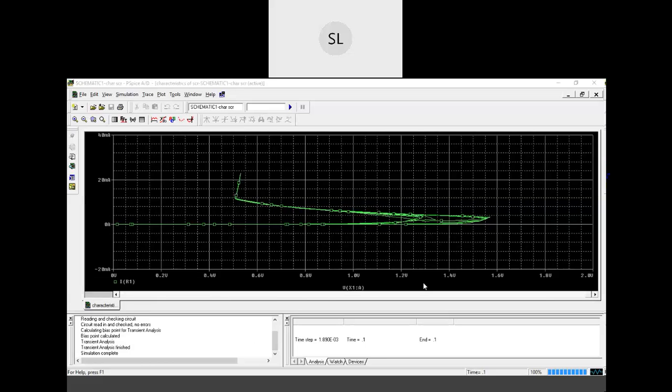Okay, have you understood this? So this is about the first experiment, that is VI characteristics of SCR. So now all of you should start installing the software right now, so that you will complete the process by today itself, and when we meet for the next session, we will be having the next experiment simultaneously. Okay, got it everyone?